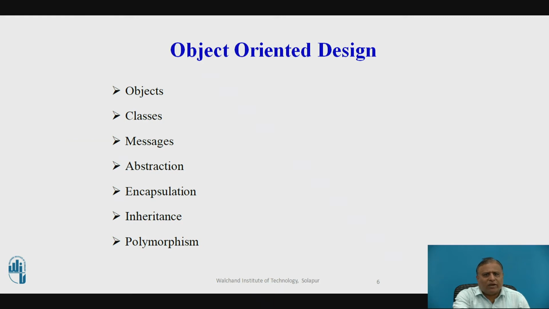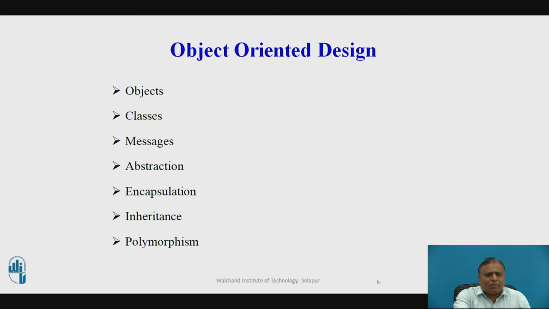The next characteristic or concept of object-oriented design is inheritance. Object-oriented design allows similar classes to stack up in a hierarchical manner where the lower classes, or subclasses, can import, implement and reuse allowed variables and functions from their immediate superclasses. This property of object-oriented design is also called inheritance. This makes it easier to define a specific class and to create generalized classes from specific ones.